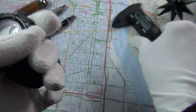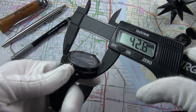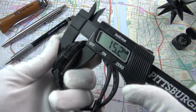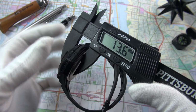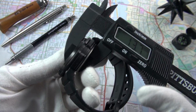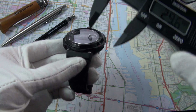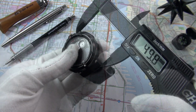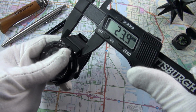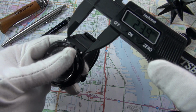Speaking of which, let's get the dimensions out of the way. We have a diameter of just shy of 43 millimeters. Yeah, that is rather big, but compared to a G-Shock or something, it is rather small. A thickness of just a smidgen under 14, so 13.7 millimeters. It is a little bit taller because of this raised bezel that protects the glass there. Lug to lug, we're looking at 49.8, and the lug width is, well, actually on the hooded lug structure there, it's